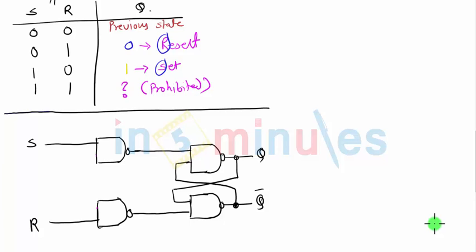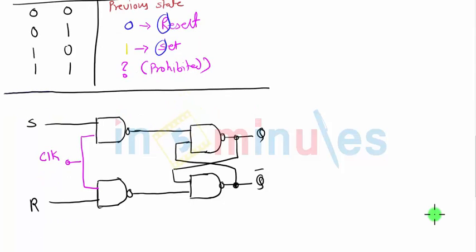This is the same diagram that I have drawn earlier, but there is a modification in this one. S and R were acting alone previously, but now they will act with a second input, which is known as the clock input. So this is the clock input. Whenever the clock input is present, I will clock the input. Along with the clock, whatever the input position is for S and R, that will be taken over for the next state.